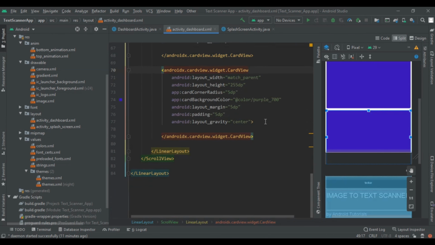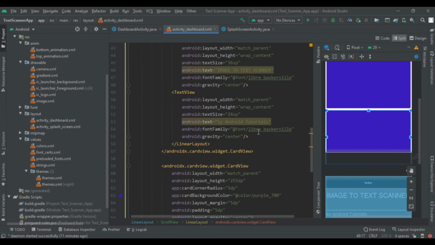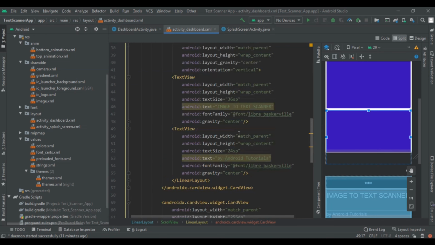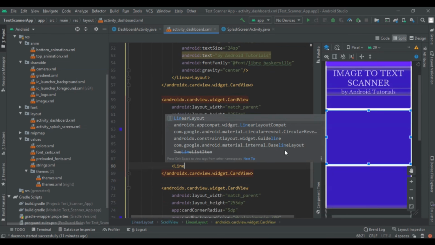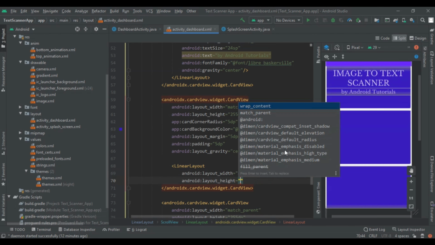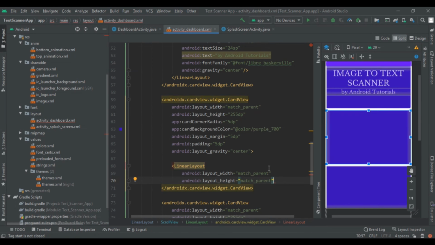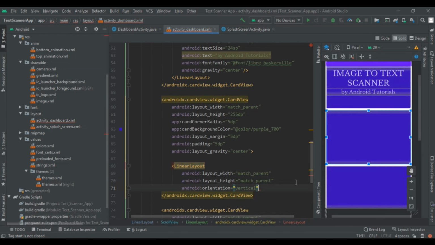Now come to the second card view, and here we are going to add the text view and two card views with images, to select the image from gallery and camera. So come to that card view and give linear layout, width will be match parent always, height will be match parent, and give its orientation to be vertical, and close this, and in this again write two linear layouts.